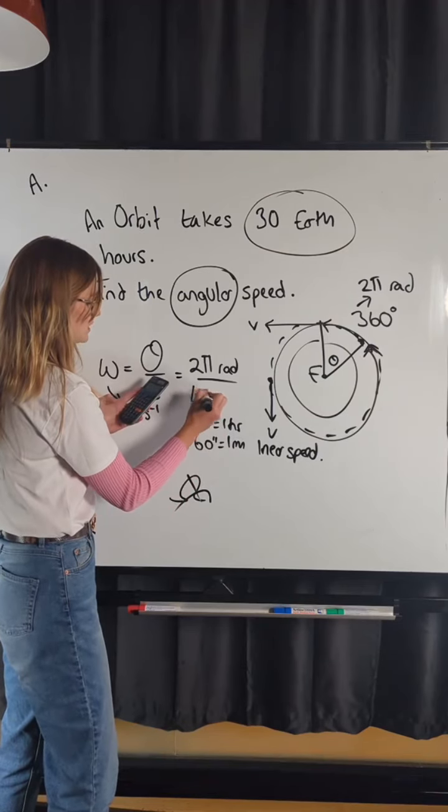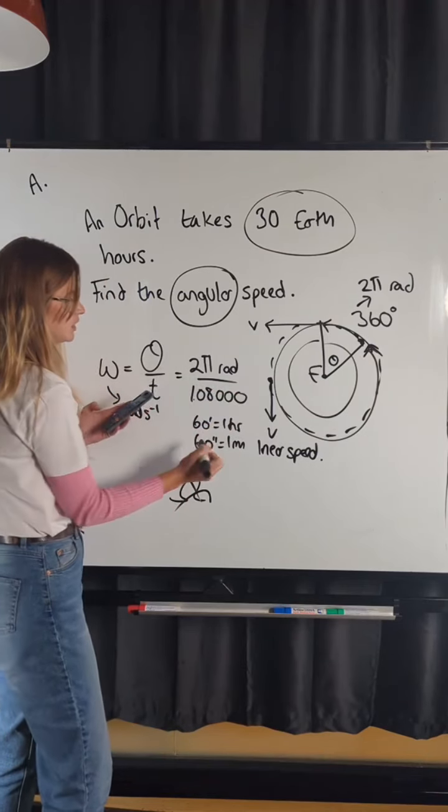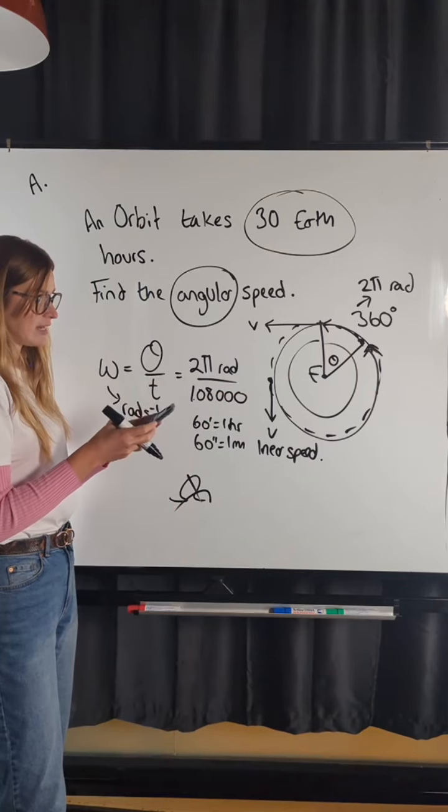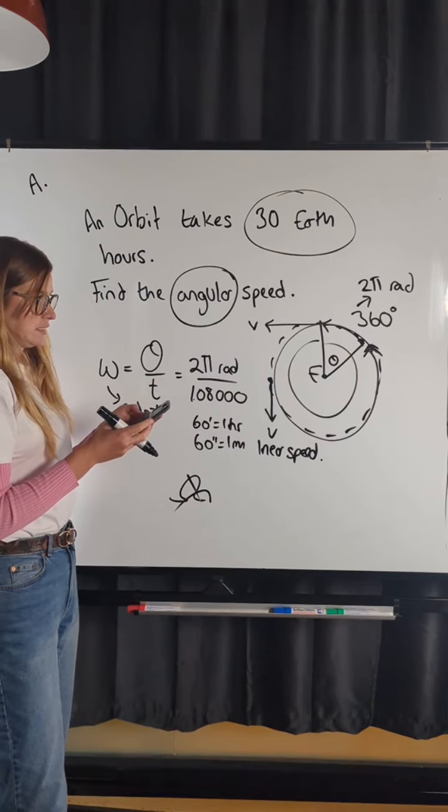So it becomes 108,000. So now all I have to do is 2 pi divided by that answer. So my calculator doing 2 times